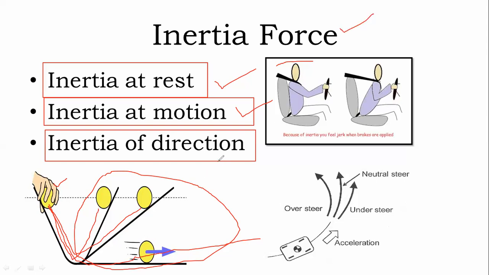One more thing, I'll just give the inertia of direction. Let's take an example. Here we have the car. The car has to move like this while taking a turn. But due to the inertia effect, it won't go along this direction. Somewhere it takes the direction like this. This is also due to inertia force. Whatever the path change, it may also be due to the inertia force.